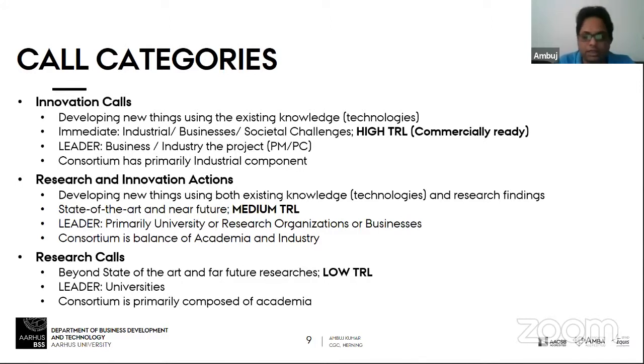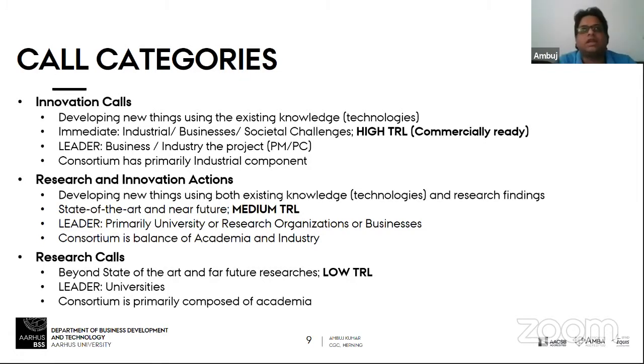And as you can see, the leaders of these calls differ. For example, innovation calls are basically led by industry. So you need to have a consortium where the industry is the leader of the project, because they will be taking the whole concept into manufacturing and finally putting things into the market.